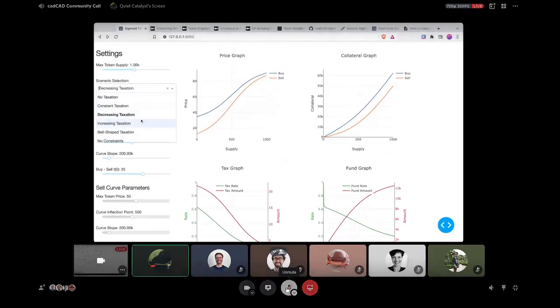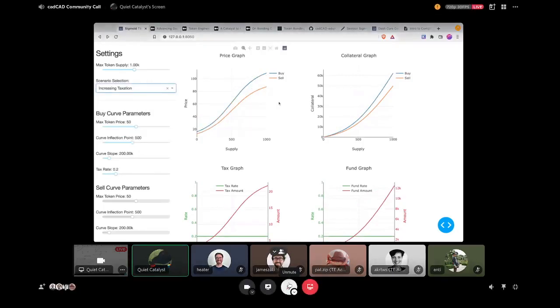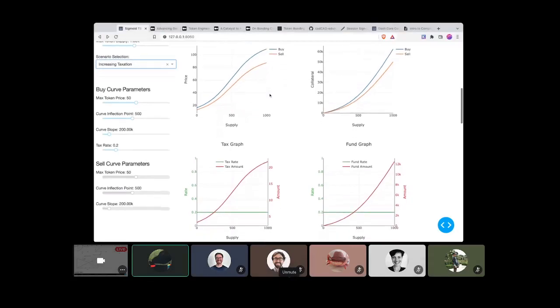And so just to complete the picture, if you chose to increase taxation, then you could say, well, okay, now the late arrivers to the system are going to pay more in tax. That's going to change my funding by making a more shallow slope as I'm getting started. But as we get traction, and so maybe the inflection point on the sigmoid is indicating a milestone or something like that. And if that milestone translates to more value, then we can justify increasing taxation there, so we get an increasing funding occurring later in the supply.